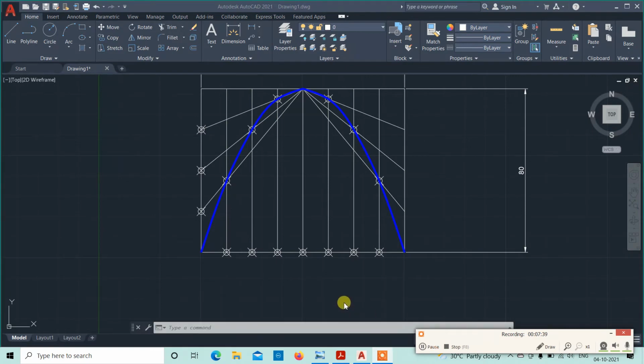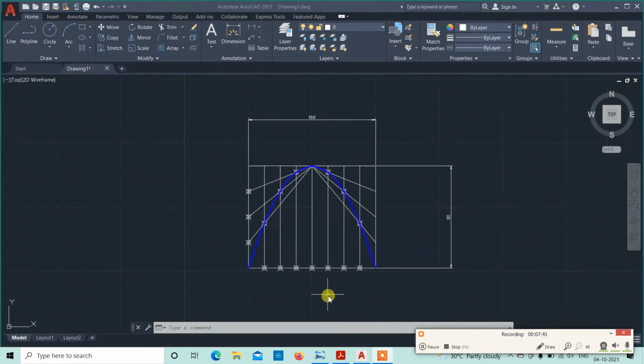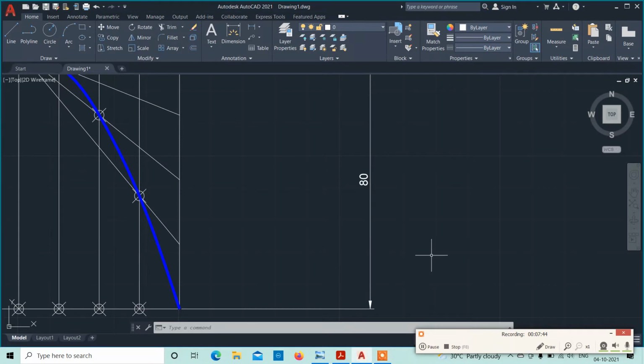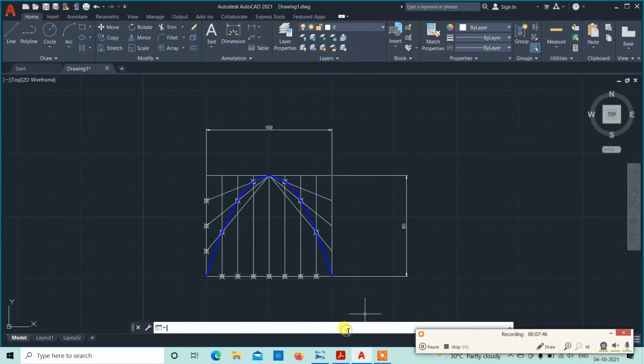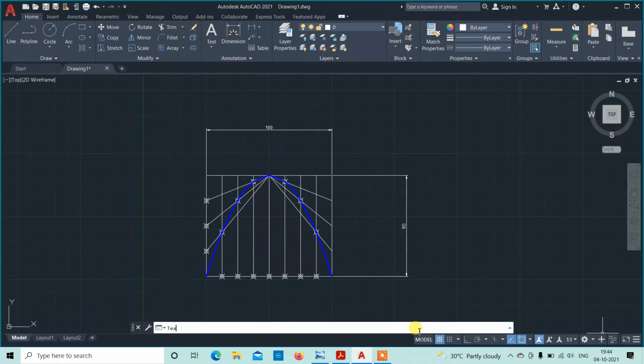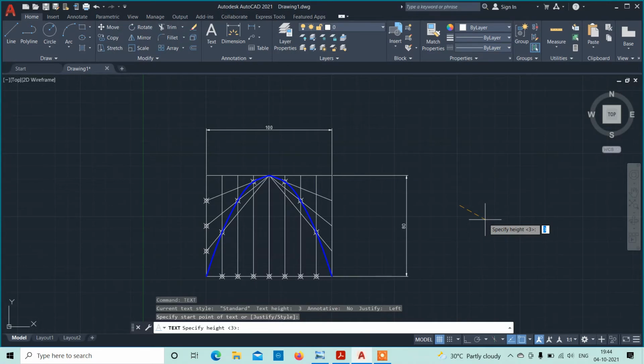Next we will try to give notation for all the points. So we'll just use the text command. Specify some point here. Height, let me give it as 3, angle 0, then type it here.